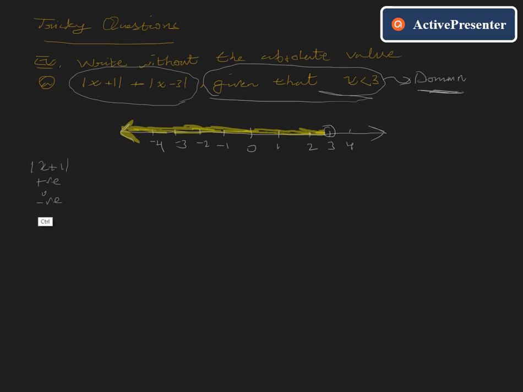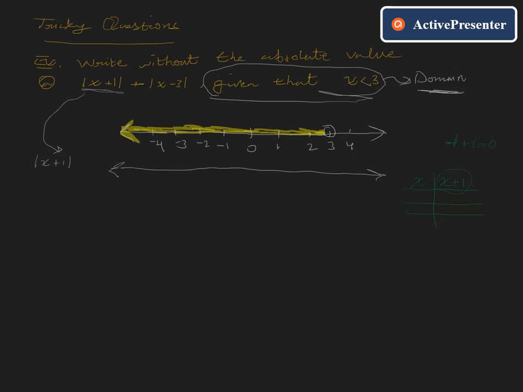We are interested in finding when the expression is positive or 0 or negative. So let's draw when x plus 1 is positive or 0 or negative. So x plus 1 is 0 when x equals minus 1, because minus 1 plus 1 is equal to 0. So it is an easy task for us. Okay, you first start with the value of x that makes x plus 1, or any expression, equal to 0. So let's put here minus 1,